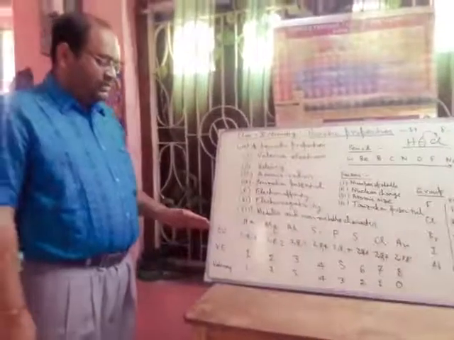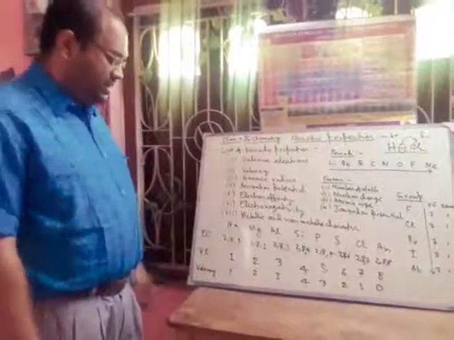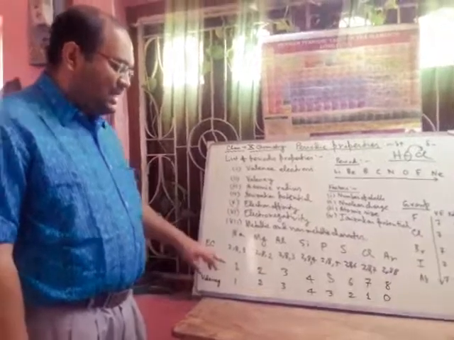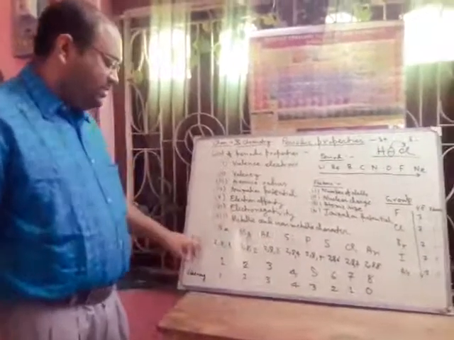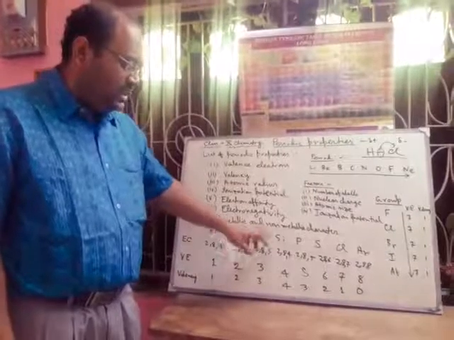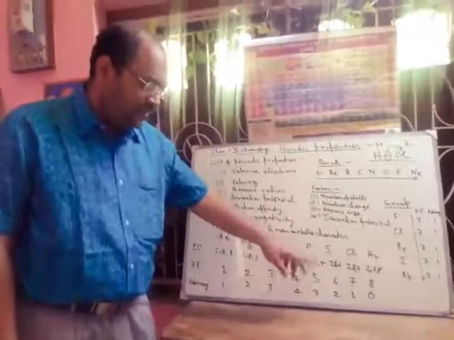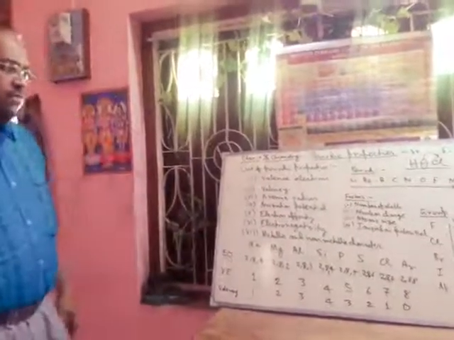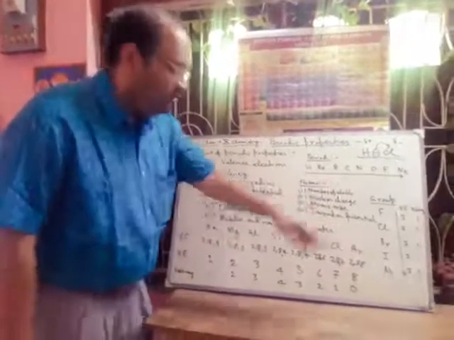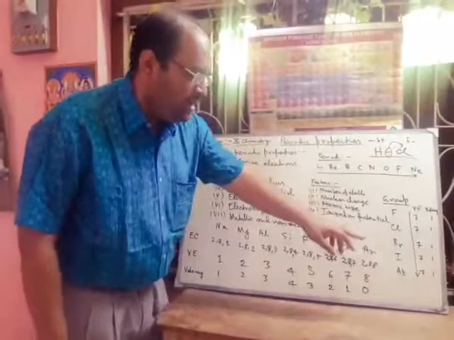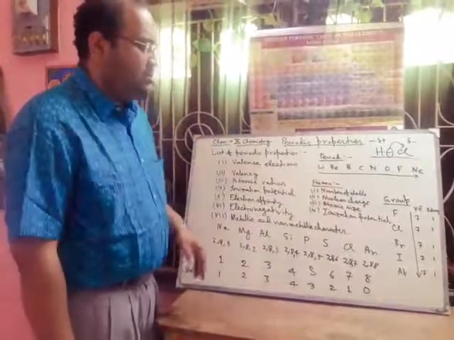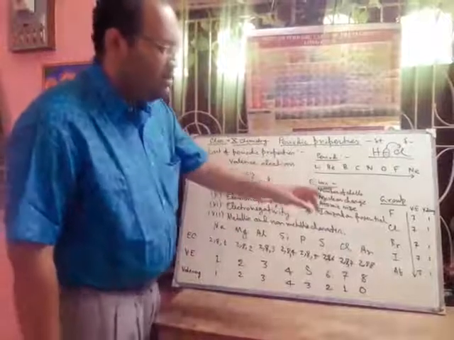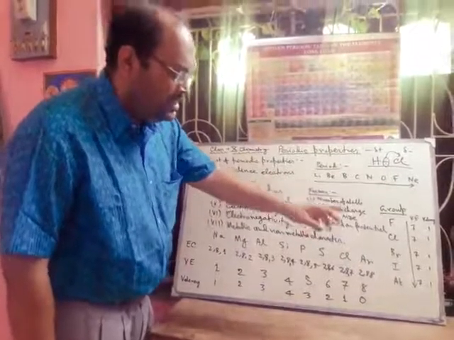Now, when we go from left to right in a period of the periodic table, the number of valence electrons generally increases. Here sodium is 1, magnesium 2, aluminium 3, silicon 4, phosphorus 5, sulfur 6, chlorine 7, argon 8. So it is continuously increasing. But when we go down a group like fluorine, chlorine, bromine, iodine, astatine, the number of valence electrons is 7. So in a group, the number of valence electrons does not increase; it remains the same.